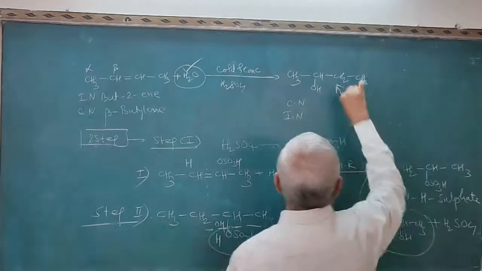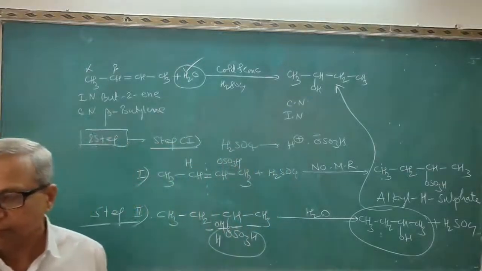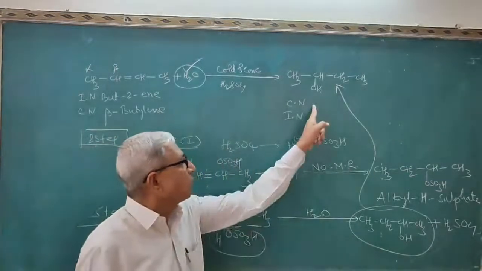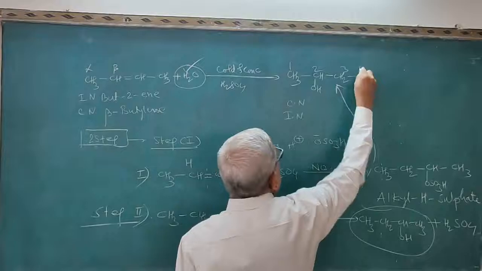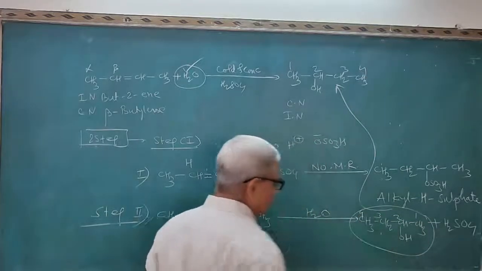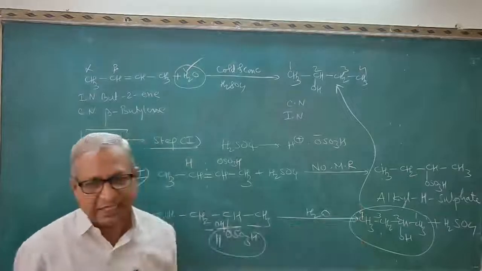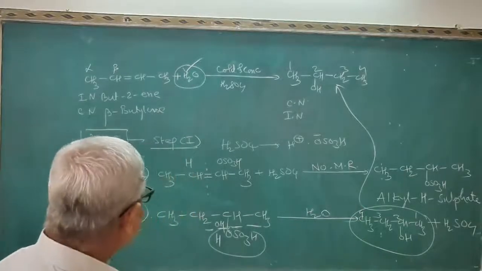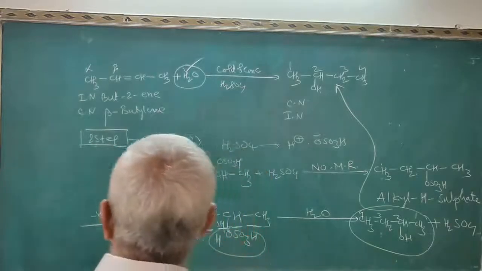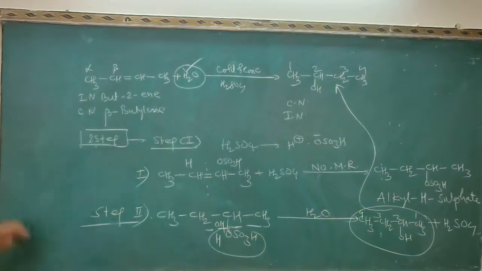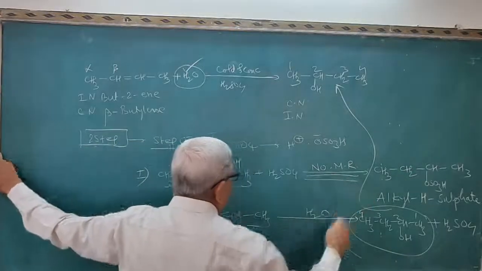This structure and this structure are the same. Both are the same. That is secondary butyl alcohol, common name; butan-2-ol, IUPAC name. Here numbering is from the left-hand side, here numbering is from the right-hand side. Both structures are the same. Both are related as object and its mirror image to each other. So this is the two-step mechanism. Does anyone have difficulty about this two-step mechanism? So take a brief revision on the title, hydration of symmetrical alkenes. When the alkene is symmetrical, you must not use the Markovnikov rule. Remember that, no Markovnikov rule.